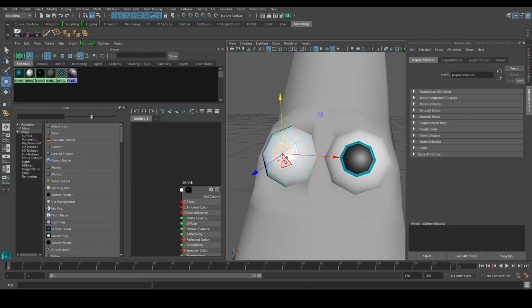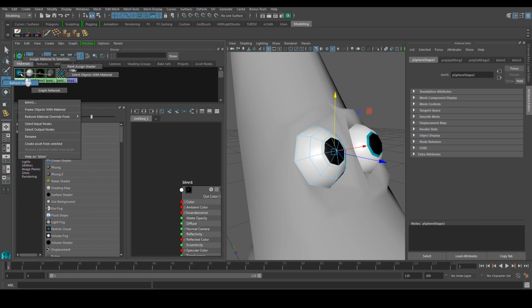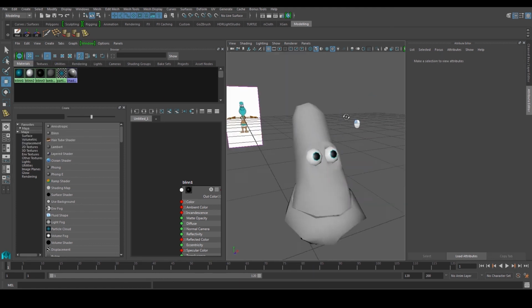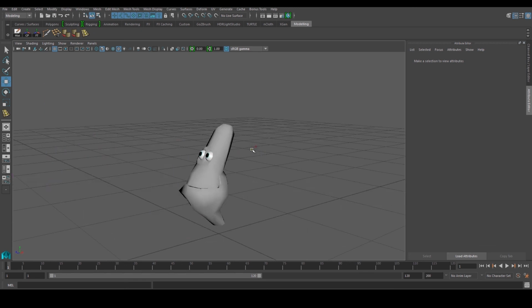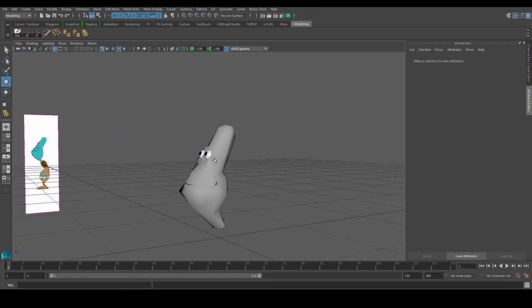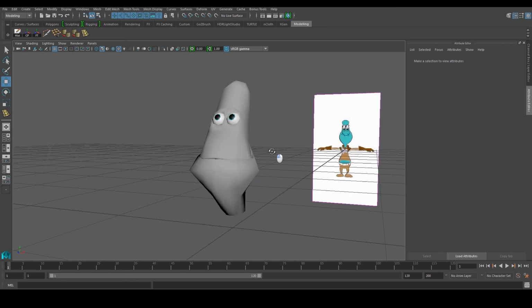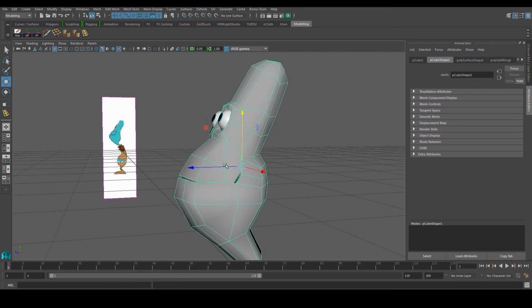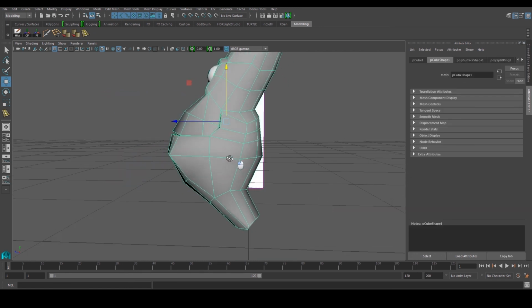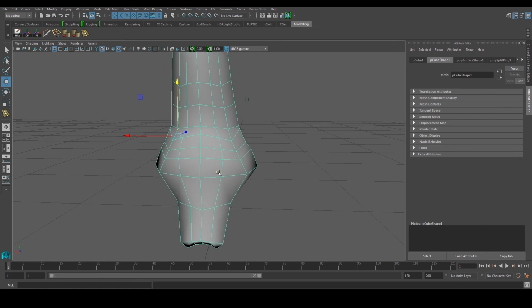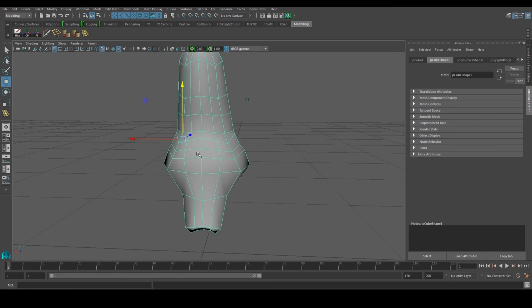Like these faces, they'll be black, and the rest will become blue. Right, so more or less it's nice if you can give this guy a name. Alright, so this alien dude over here, he has an eye, he has his face, and the topology looks clean. If you want, you can massage it somehow. I prefer it to look a bit more round, but you can spend your time to go and massage this,